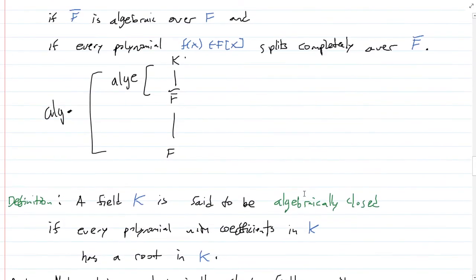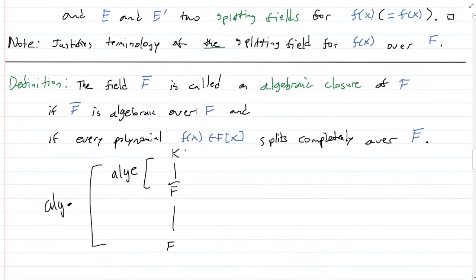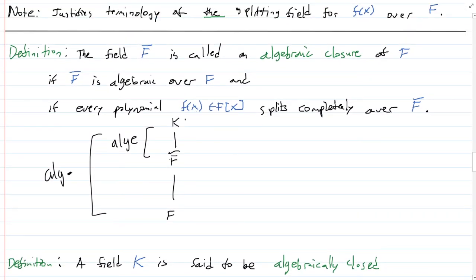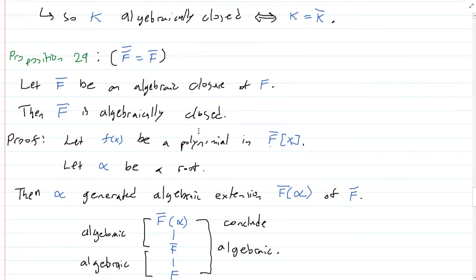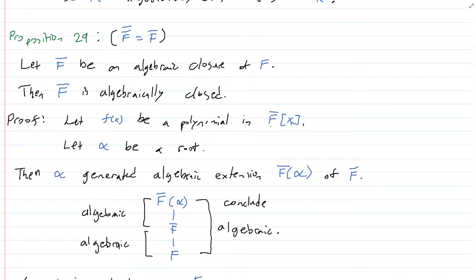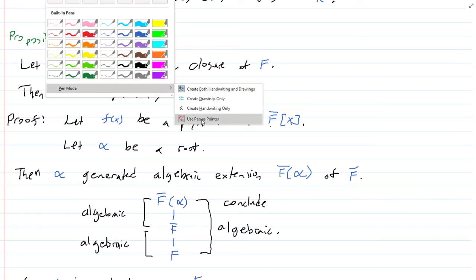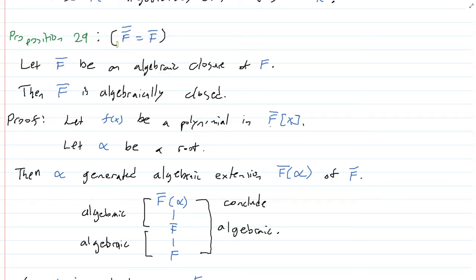And going back to this situation, F bar is an algebraic closure of F. Okay, hold on. Let me do this proposition. So this proposition says F double bar is equal to F bar. So the algebraic closure of the algebraic closure is